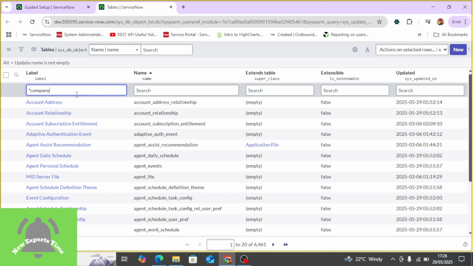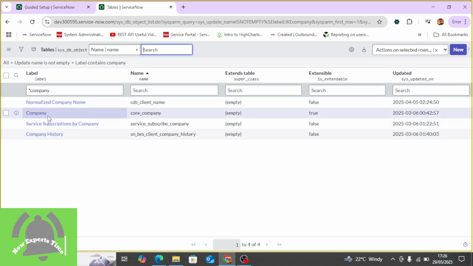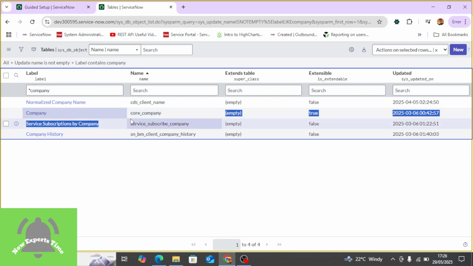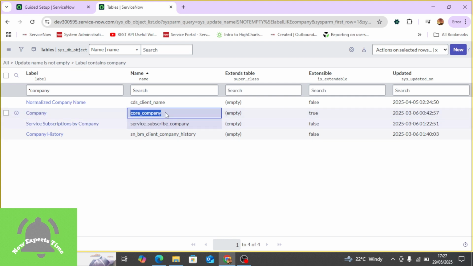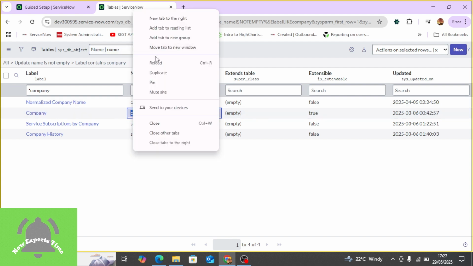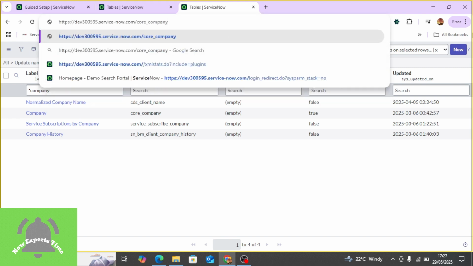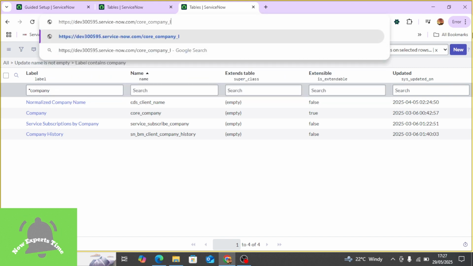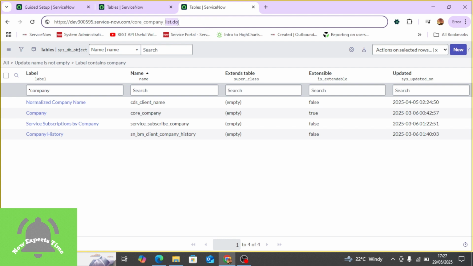You don't know the table name, so if you want to research the table name, go to the area and you can see a number of company tables there. Here it's specifying the company table, so core_company is the table name. You can easily identify this as a table. You go to the table and configure the data. Configuring the data means just copy and paste. I will make it very simple. Copy this core_company, duplicate the tab. After servicenow.com, remove this item, paste it, and put _list.do. That's all. Very simple. You copy and paste this table name in the next tab and add _list.do